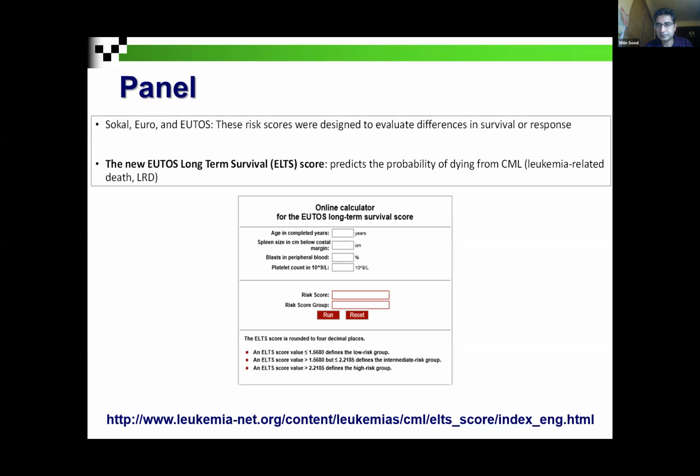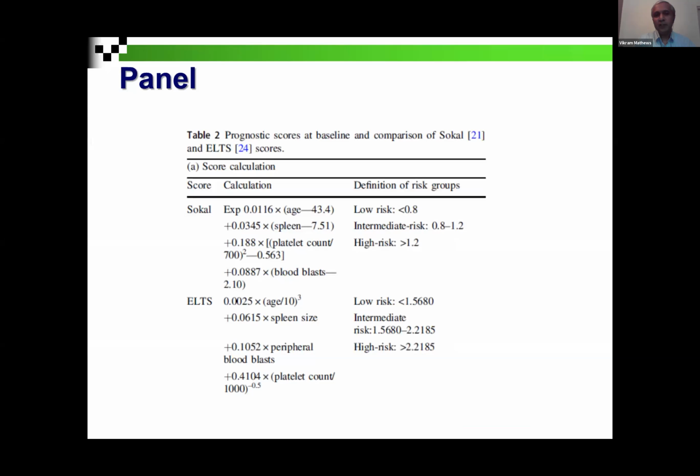Okay, thanks. So I think basically what people found was that with the conventional scores, there was really no significant change in survival with the conventional TKI-based therapy. It was probably more relevant in the pre-TKI era. In the TKI era, we are more interested in leukemia-related transformation and leukemia-related deaths, which is what ELTS picks up. So just like what Dr. Nitin said, basically the parameters are the same, but the weightage given to age is significantly less in the ELTS